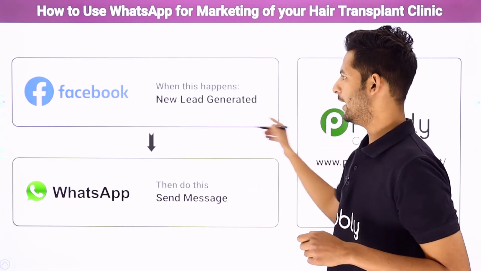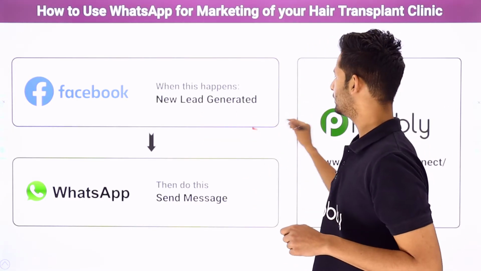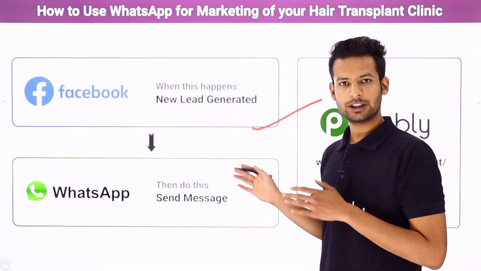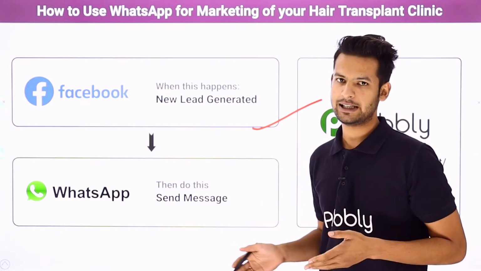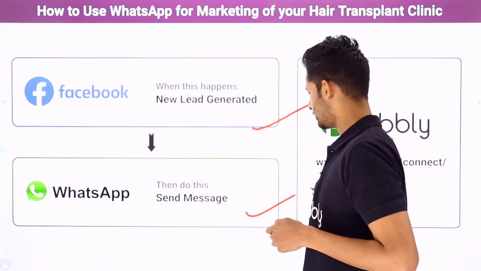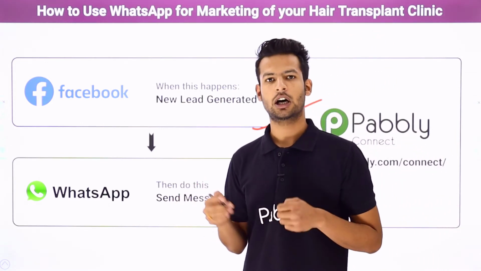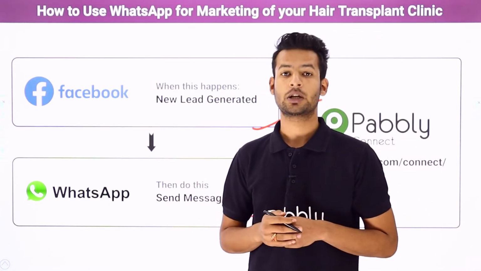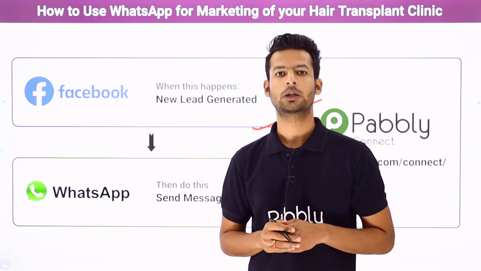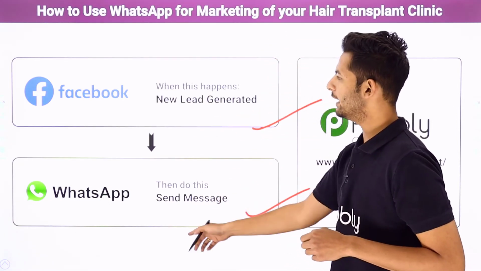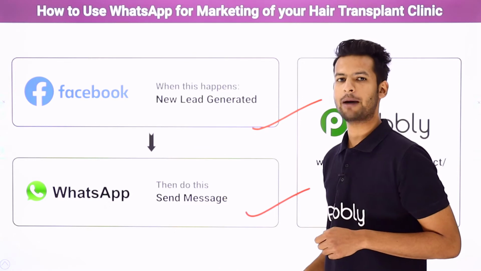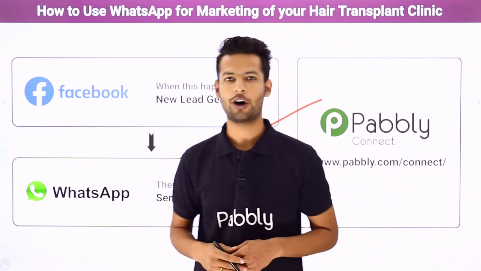So for that, here I have used two applications. First, I have used Facebook. I've used this platform to advertise my clinic. And secondly, I've used WhatsApp. You know, it's a famous chatting app, to send the link and the message on WhatsApp to the customer. But here I have to face one more problem. The problem is there is no direct link or integration between these two applications. So how did I perform the automation?